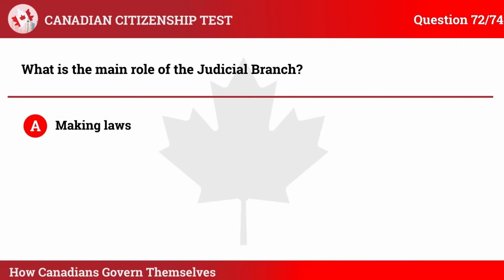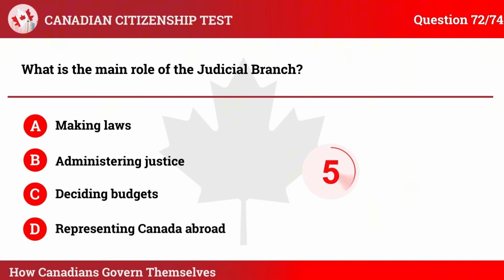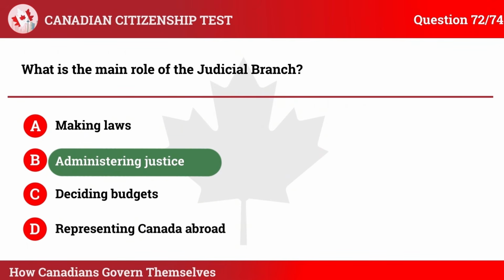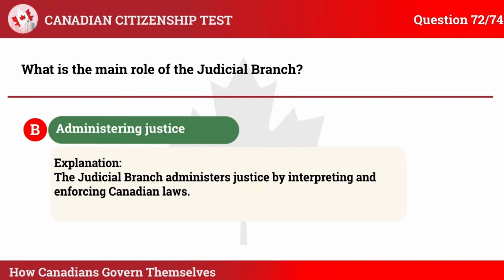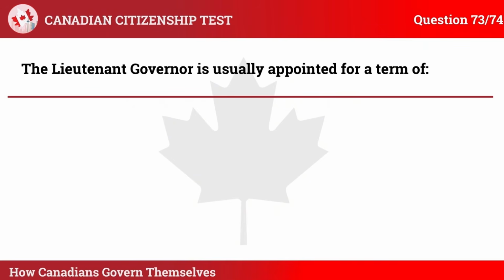A. Making laws. B. Administering justice. C. Deciding budgets. D. Representing Canada abroad. The correct answer is B. Administering justice. Explanation: The judicial branch administers justice by interpreting and enforcing Canadian laws. Question 73. The Lieutenant Governor is usually appointed for a term of